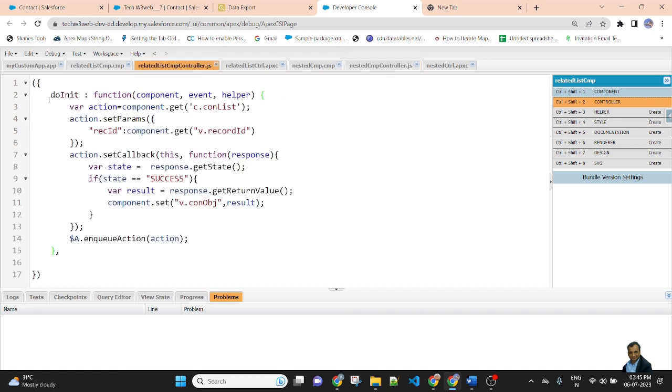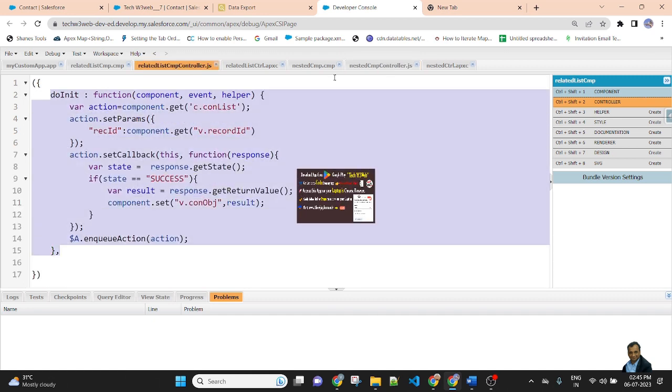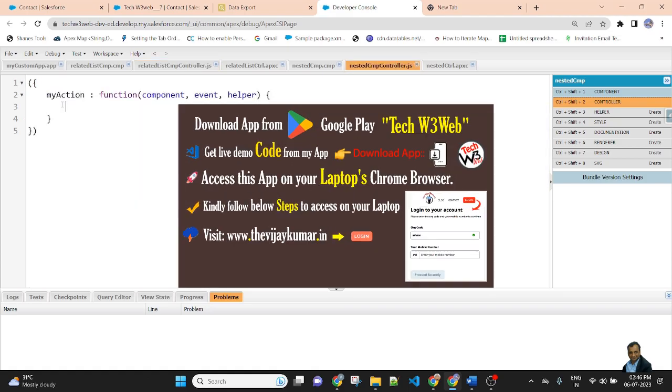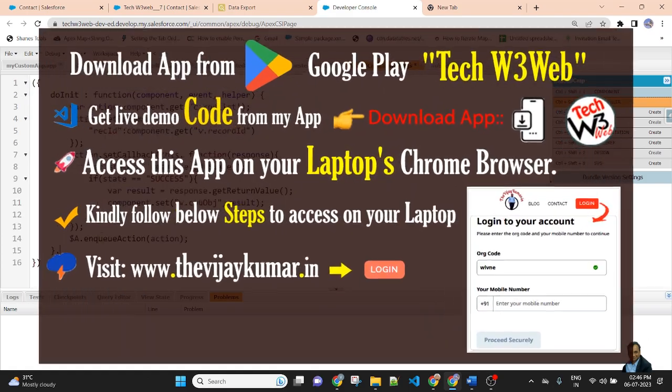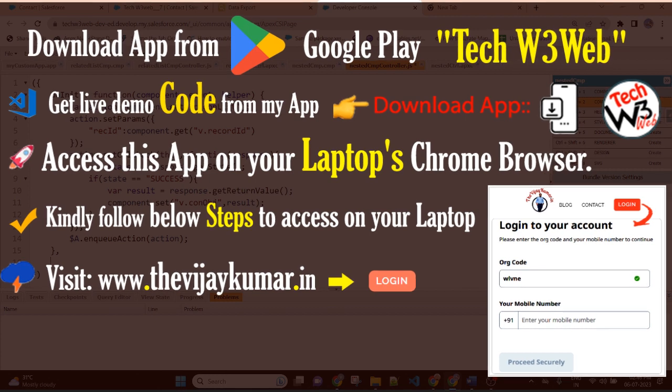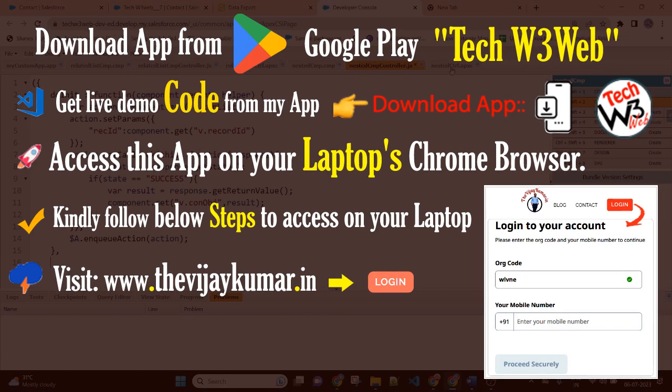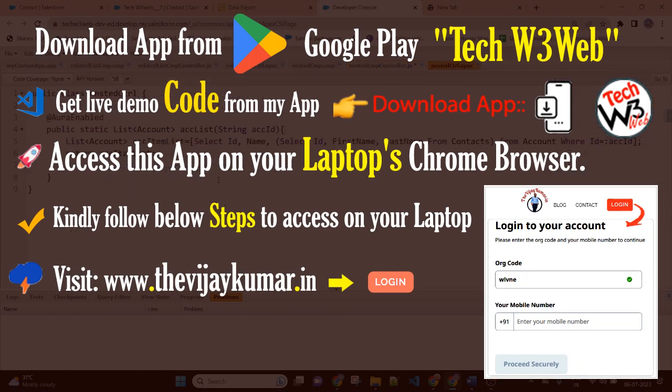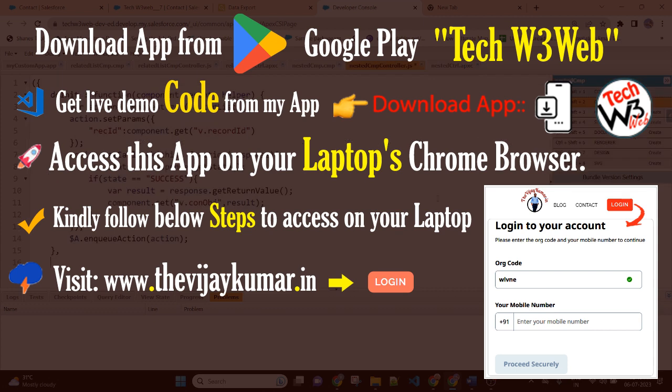So I will use the same doInit function in the JavaScript, and change the Apex class method. In this lesson I am creating an account list. This is the name of the method. Copy this method and paste it here.